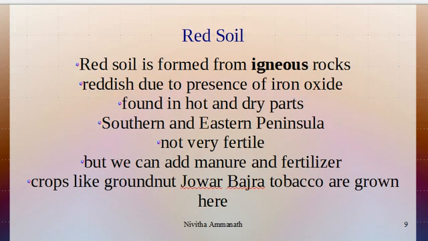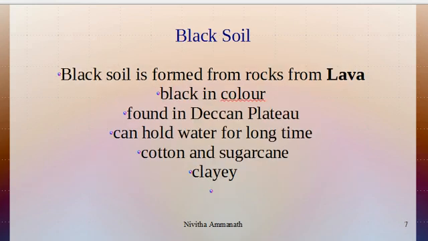Red soil is formed from igneous rocks. It is reddish due to iron oxide. It is found in hot and dry parts of southern and eastern peninsula. Though it is not fertile, with manure and fertilizer, crops like groundnut, jowar, bajra and tobacco can be grown. Black soil is formed from the rocks of lava. It is black in color, found in the Deccan Plateau. It can hold water for a long time and so cotton and sugarcane can be grown in black soil,